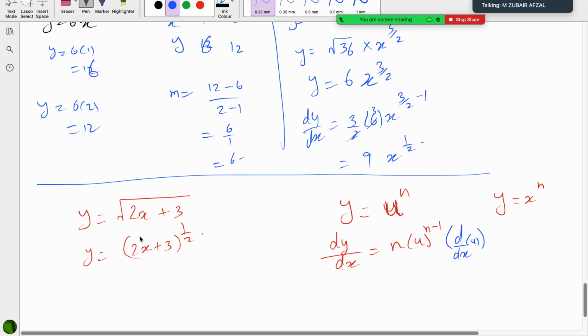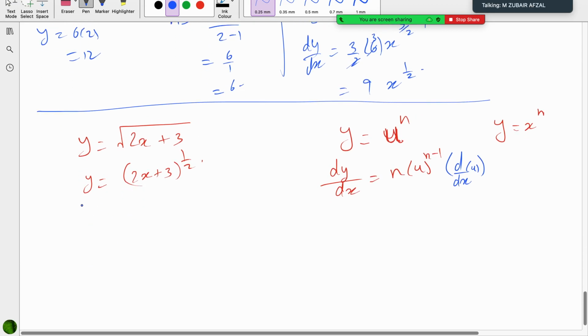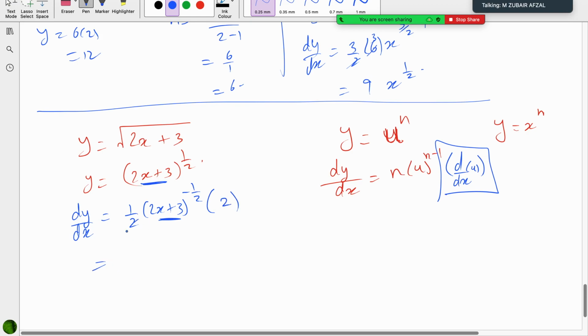Now compare this with the given value. Y is equals to something raised to power. This 2x plus 3 is actually u. So dy by dx would be, bring this power here, 2x plus 3, subtract 1 from the power and multiply with the differential of u. So differential of u, 2x plus 3, the differential is 2. So your final